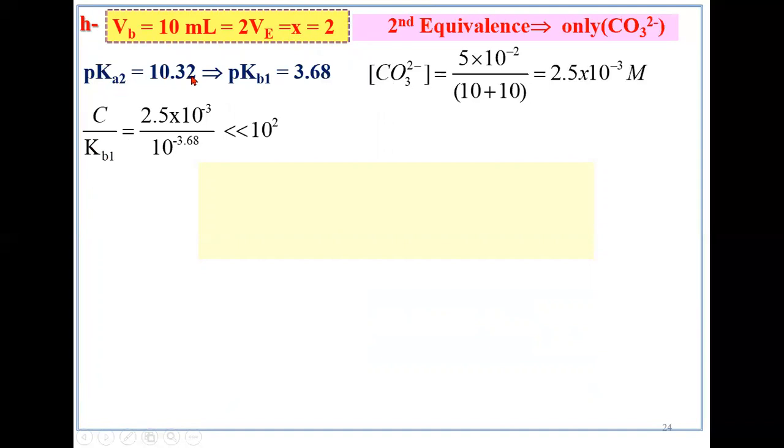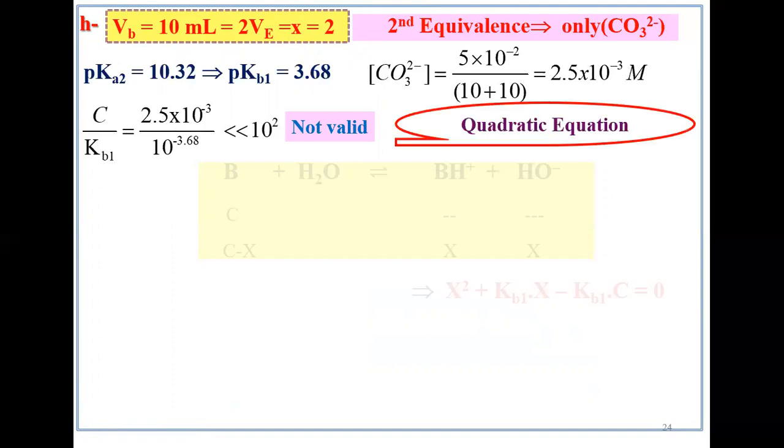pKa2 is 10.32, so 14 minus the pKa2 will be pKb1, and now I can see if the concentration divided by Kb1 is greater or less than 100. Turns out that when I check this, I don't get it greater than 100. It's actually less than 100. What does that mean? Yes, it means I cannot use, and I'm really hopeful,